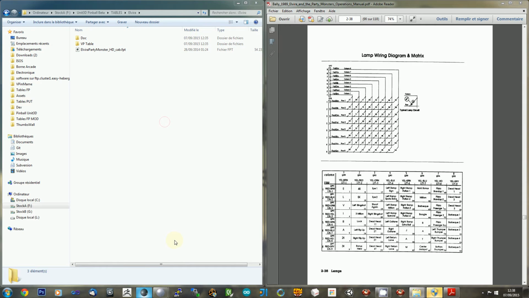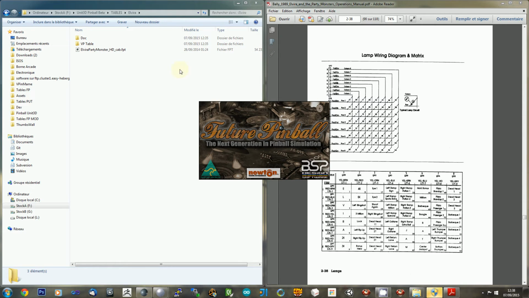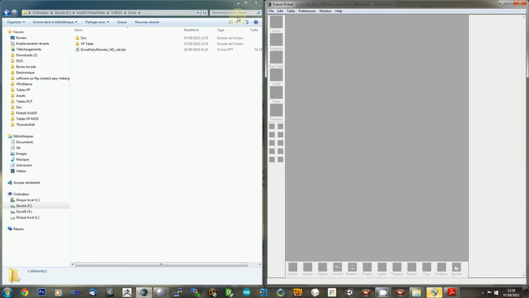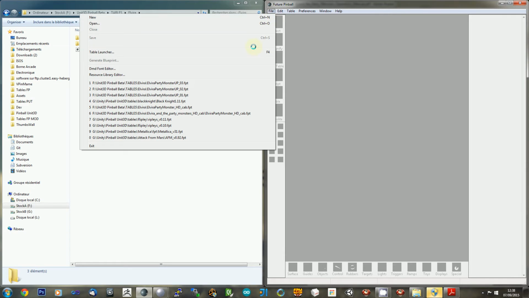Let's open it in Future Pinball. Actually, Future Pinball, if you don't know how it works, is a 3D pinball simulator, and it doesn't take into account the real ROM simulation as it is made by Visual PinMAME. So